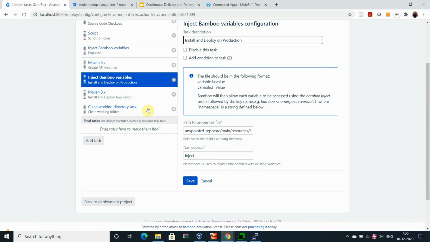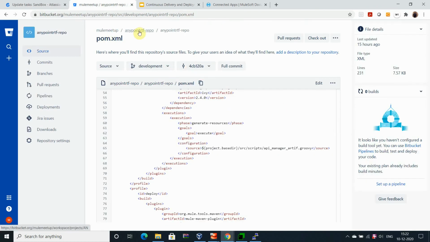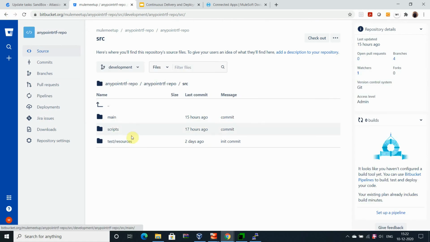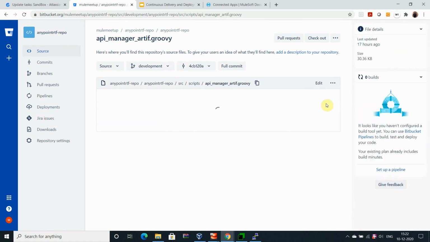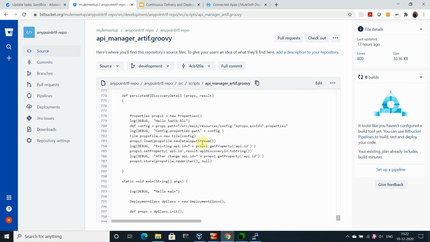Now, in the steps of the Groovy, let me go to the Groovy script, in src scripts. You can see in the Groovy script that after executing it, I am adding the API ID to the property. This property is being set with the new API ID, whichever I receive after I create the API instance on the Anypoint platform API Manager.